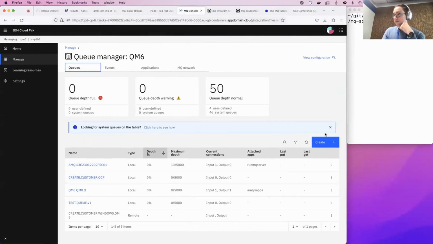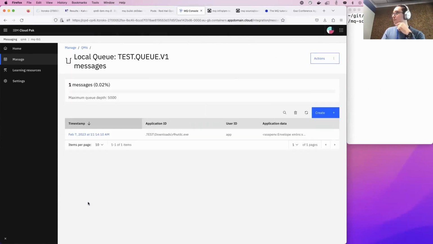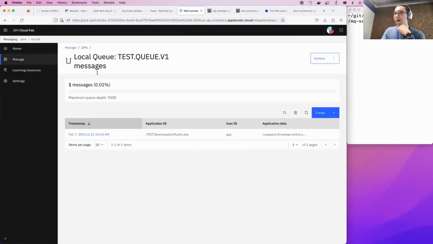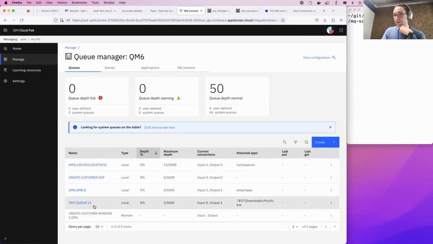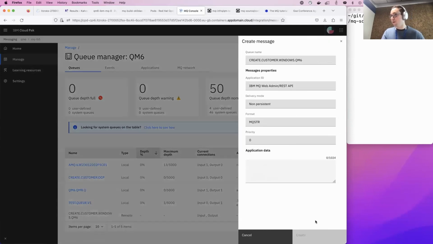Okay, so if we go on to here and do a refresh, yeah, we can see that RFHUtil has added a message. And then we can see the beginning of a SOAP envelope here. So that's the first one. The second one I'm going to do is pop a message on the remote queue here, and we're going to see this go across to our Windows machine. So let's put hello from OpenShift